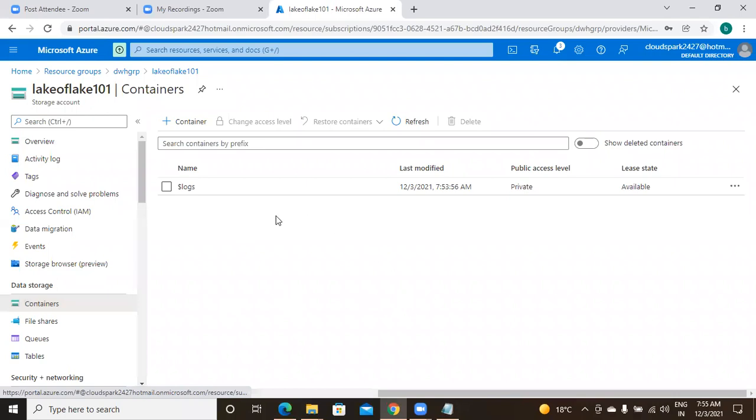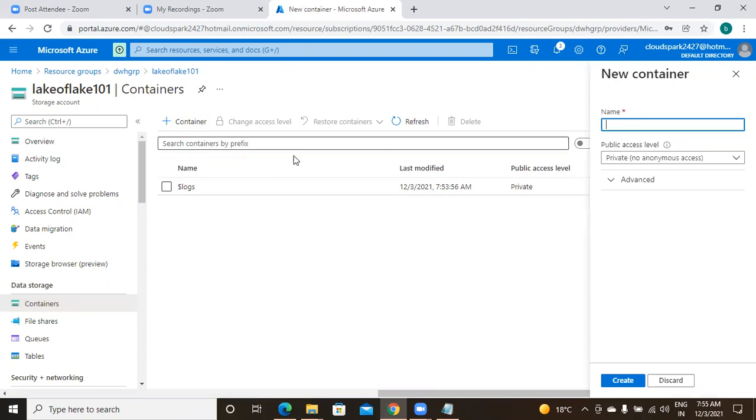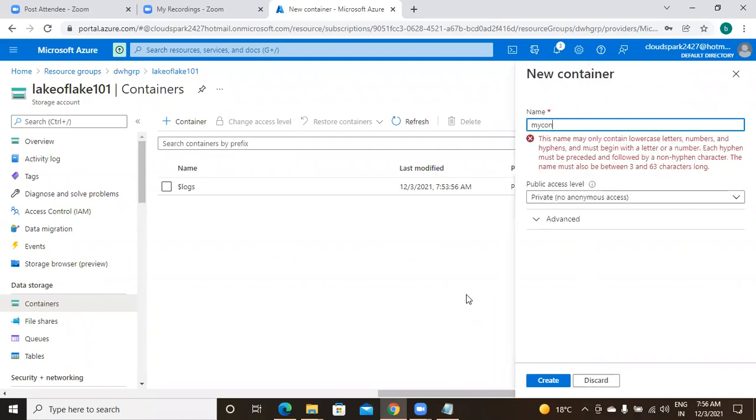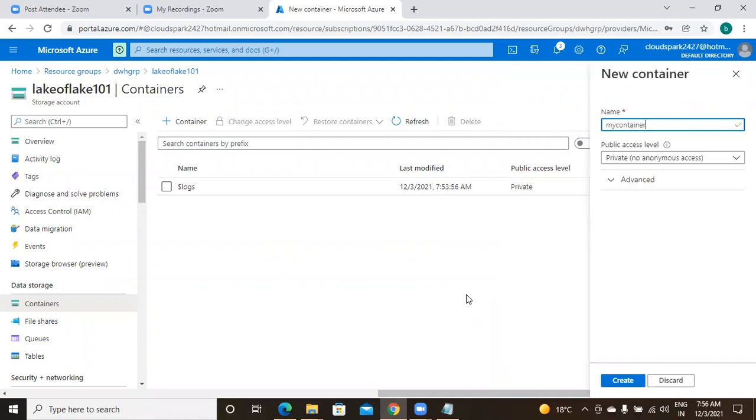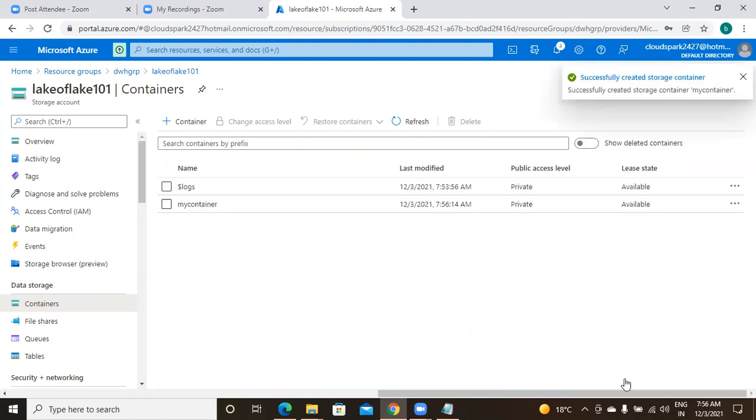Currently, I don't have any containers. By default one folder will be there, that is for the logs. So click on plus container here. It will ask you for a container name. Any name you can give, like my data or my container. And finally say create. Container is created.